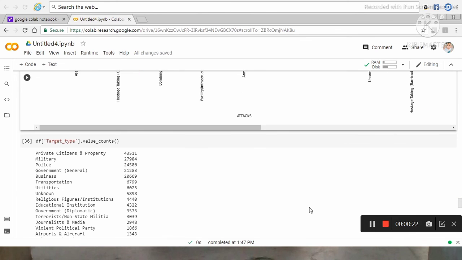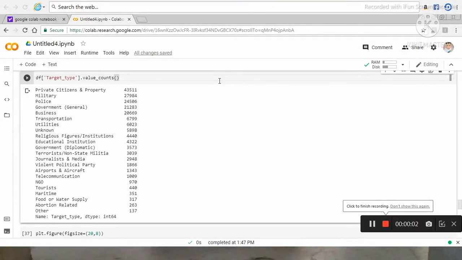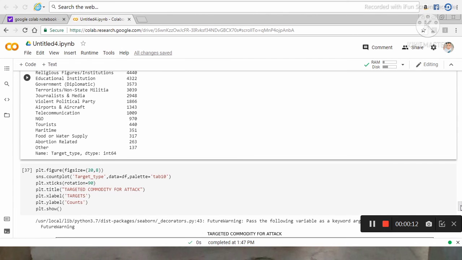Then from my data, I extract the target type and check what type of targets terrorists generally choose for attacking people.